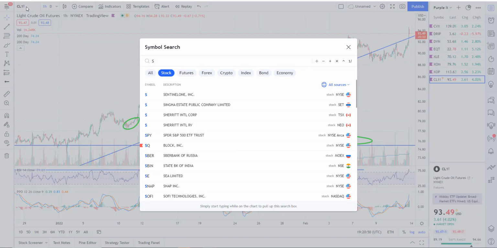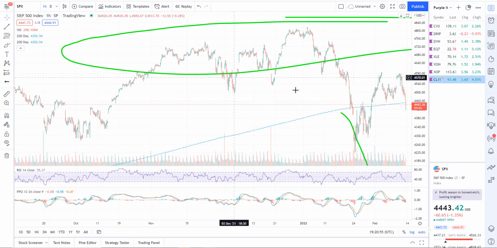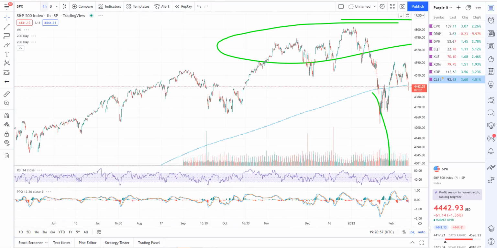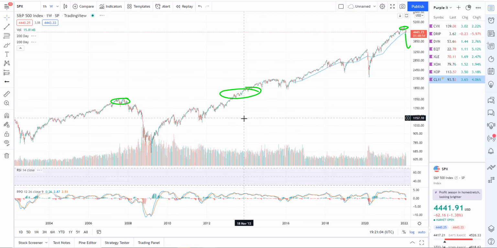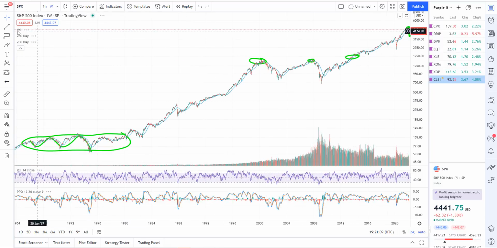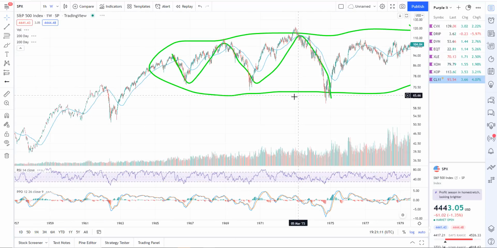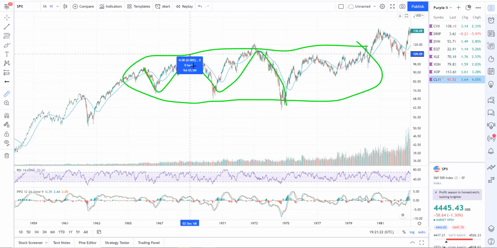And again, in periods of inflation, I just want to point this out and then I'll wrap up. In the SPX, this is the S&P 500, if you go back on a weekly chart to the last inflationary period that we had, which was in the 1970s, you've got to roll all the way back here, and you'll see that stocks don't always do great in inflationary periods. So this was a big inflationary period where inflation was running hot, and during that period we had big corrections,